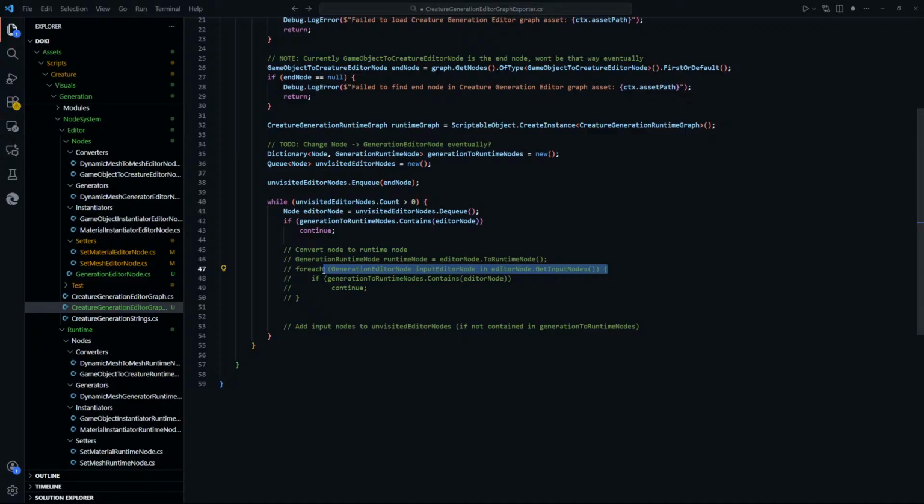So we get all the input nodes and then we loop through them, and I guess we can do this, if it doesn't contain input editor node here, then we do